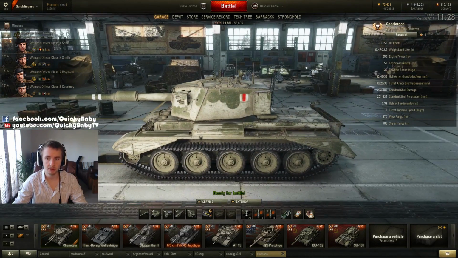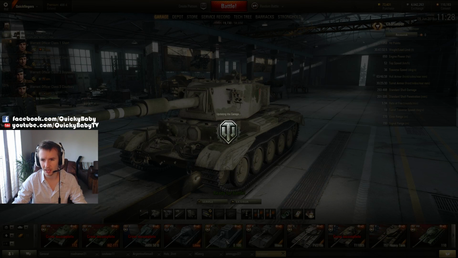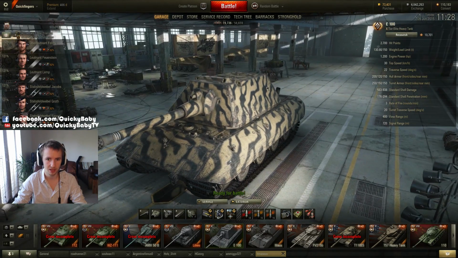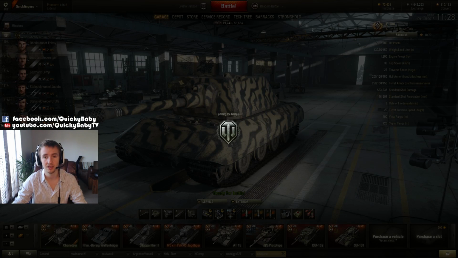It should be noted that the turret traverse speed on the Charioteer is 18 degrees a second. Now that's definitely not medium tank speed. In fact, I think that's even slightly lower than if we were to look at a tier 10 German heavy tank, such as the E100. Yes, 20 degrees a second on the E100 turret. That gives you an idea of just how long it will take to turn the turret on any of your